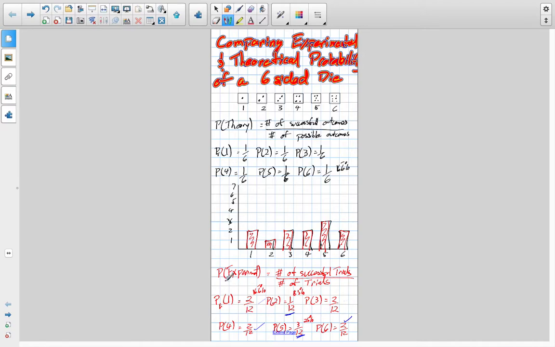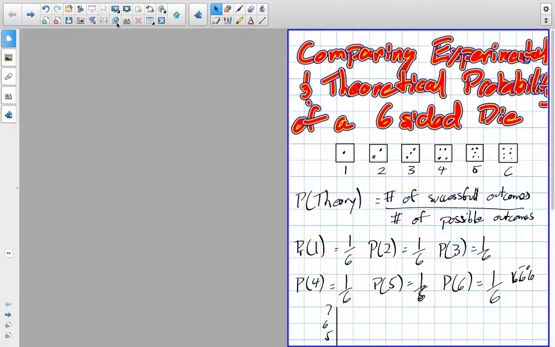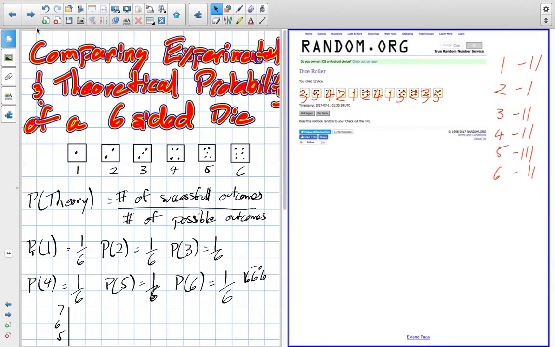If you run the experiment many times over, the more trials you run, the closer all of the percentages should get to the theoretical probability. This is called the law of large numbers. So the more trials we run, the closer we get to theoretical probability. And there's our comparison of experimental and theoretical probability for a six-sided die. We can take a look at our frequency chart along